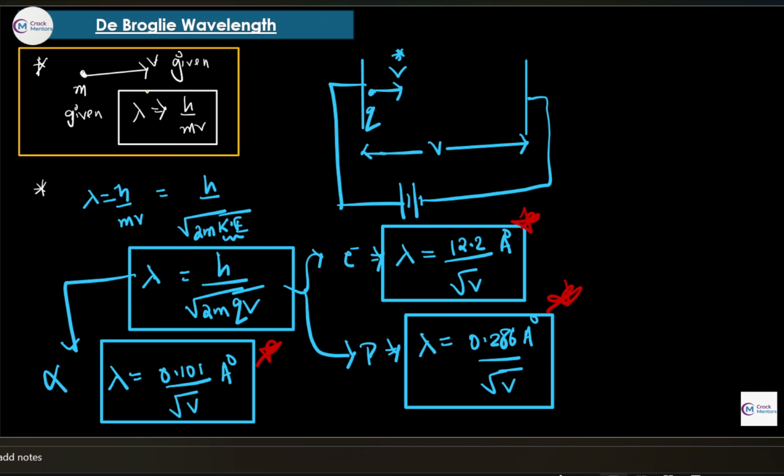Basically, let's suppose there is any kind of body which has some mass m, moving with some velocity v, with mass and velocity given. Then the lambda of that body can be asked. Don't think about how the lambda can be found for any kind of body, because in accordance with de Broglie,